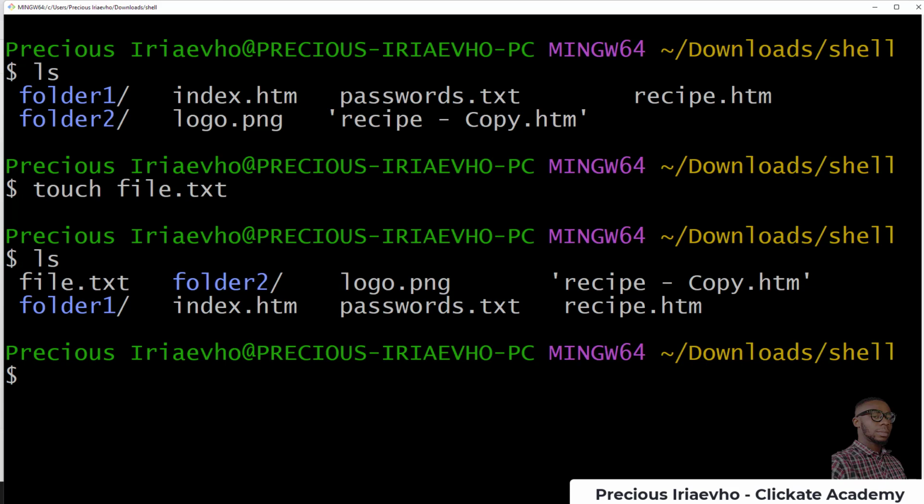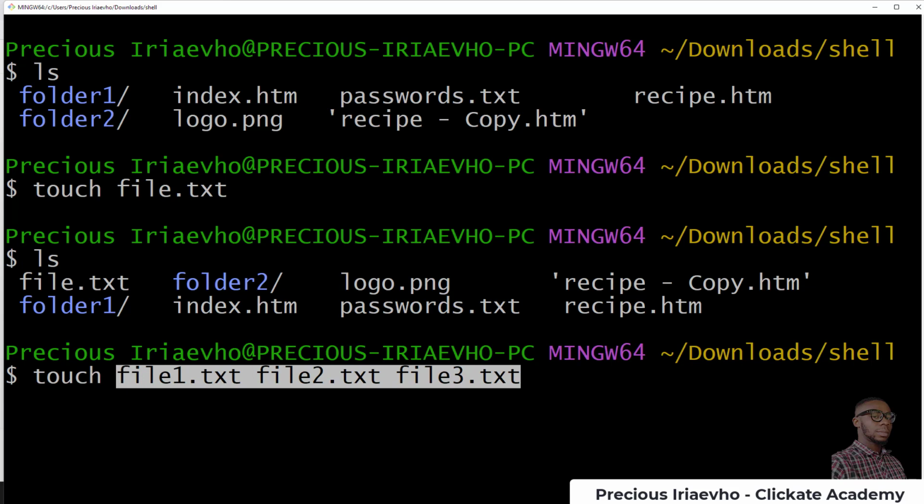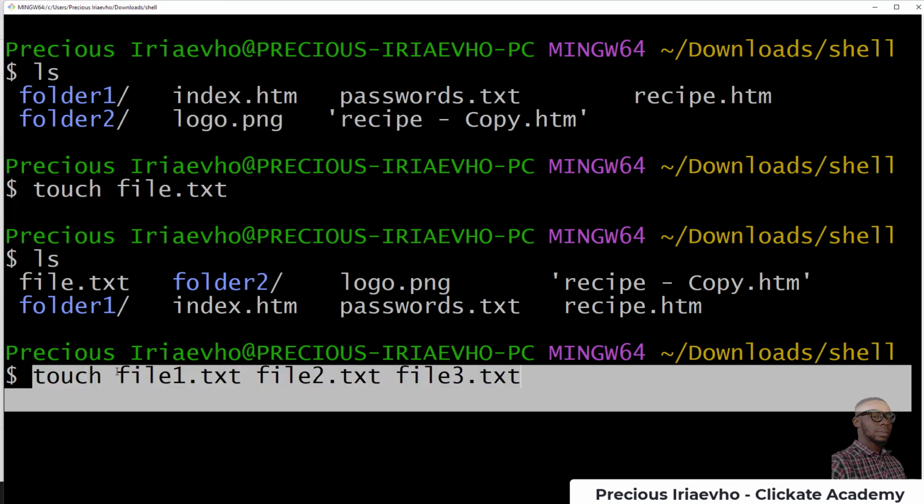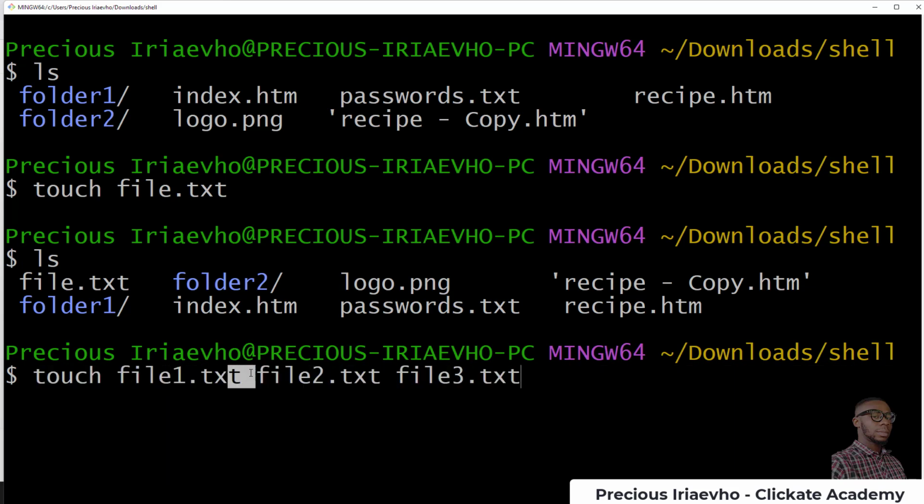Also, you can create so many files at the same time. Let's do it. So you can say touch file1.txt, file2.txt, file3.txt. So I want to create 3 files in one go. So see what I've done. I use touch, then the name of the file I want to create, space, the name of the second file, space, the name of the third file,